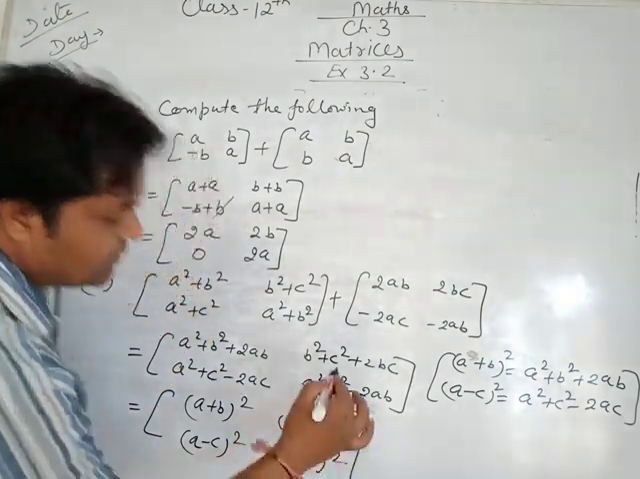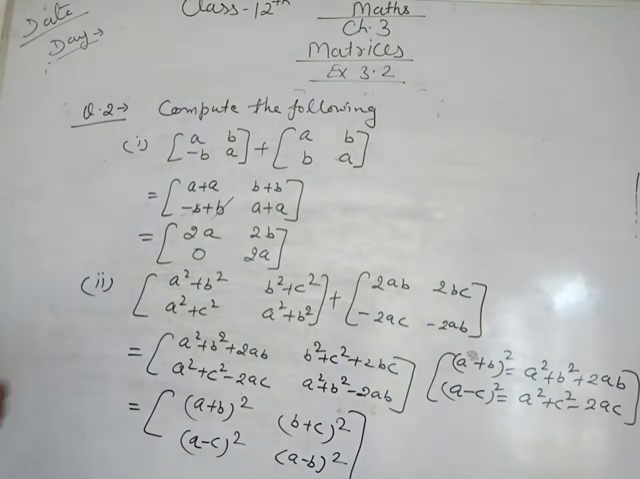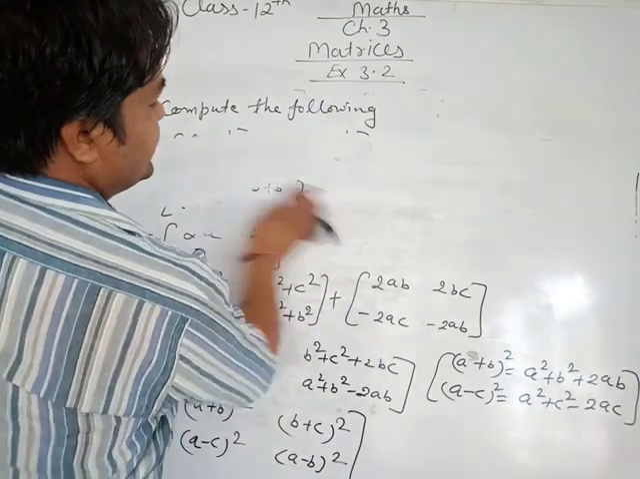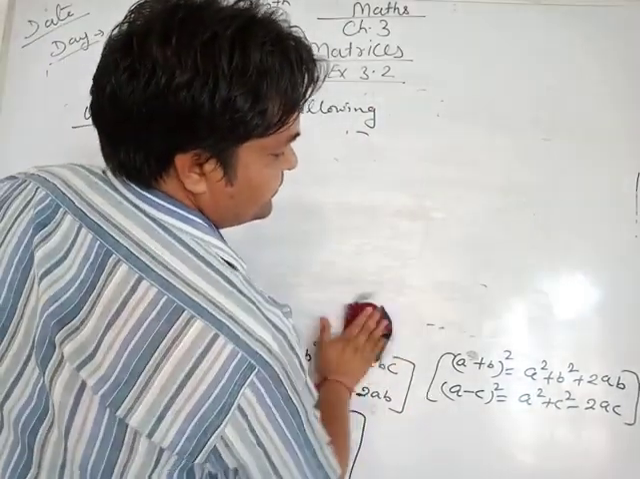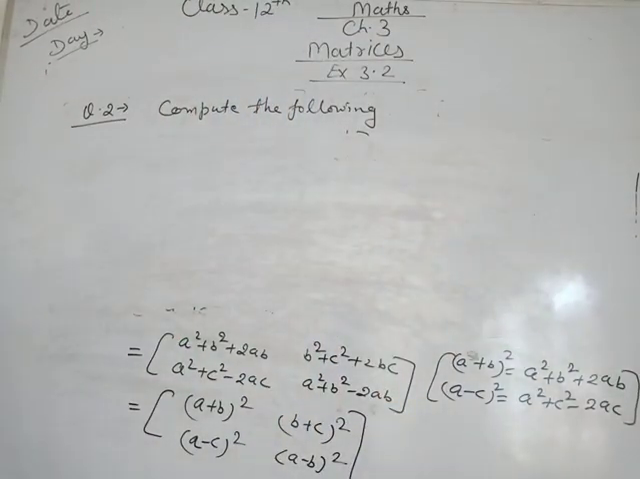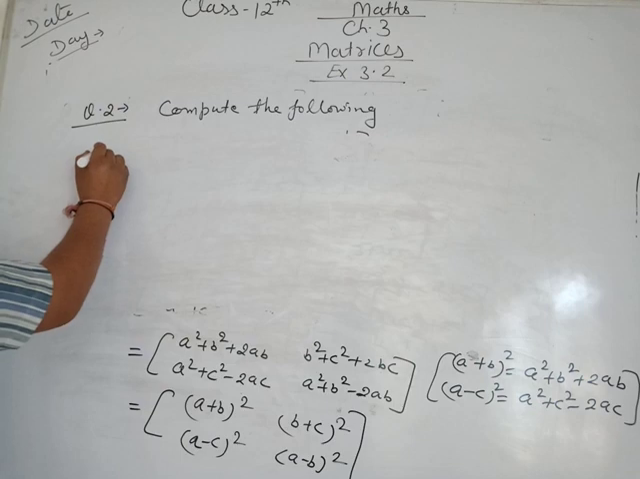So it is the answer of this part: a plus b square, second is b plus c square, next is a minus c whole square and a minus b whole square. Now we are doing the next part. Third part is very easy. Simply you will add the corresponding elements. Now the fourth part of this question is